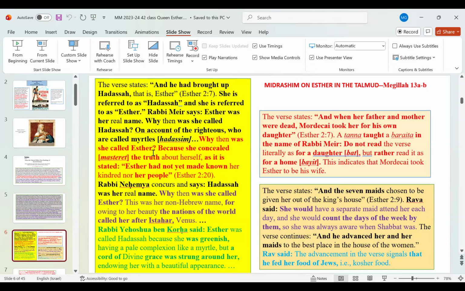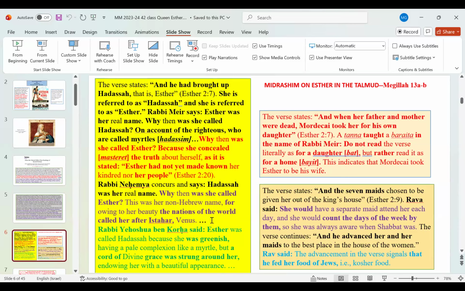Why then was she called Esther? Because she concealed, masteret, you see the word Esther in there, the truth about herself, as it is stated, Esther had not yet made known her kindred nor her people. All right. But then someone else says Hadassah was her real name. Why then was she called Esther? This was her Hebrew name, for owing to her beauty, the nations of the world called her after Ishtahar, Venus,